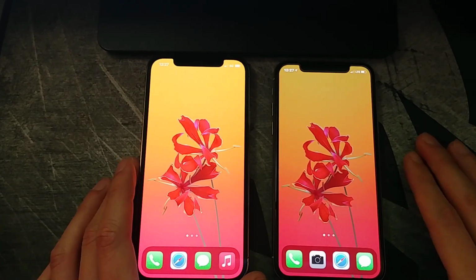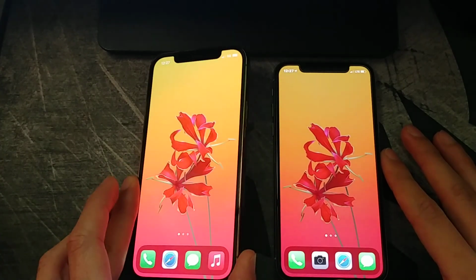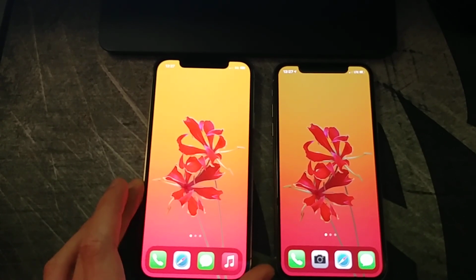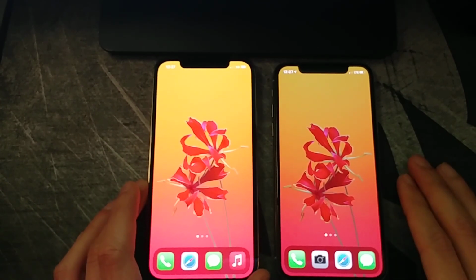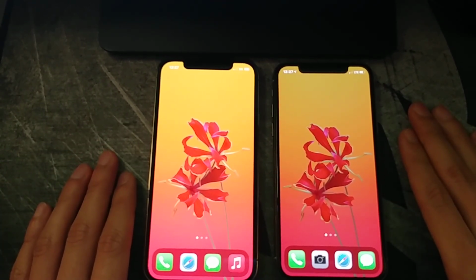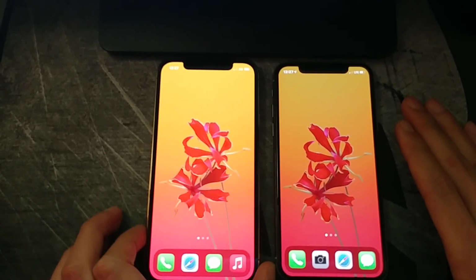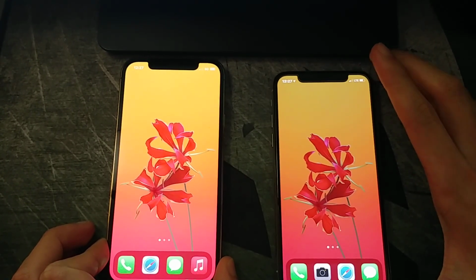Hey guys, so yesterday I went and got my new iPhone 12 Pro from the Apple Store and set it up. And immediately, the first thing I tried was to download the Speedtest app to see how fast 5G was compared to 4G. So here I have my 12 Pro on the left, and I have my iPhone 10 on